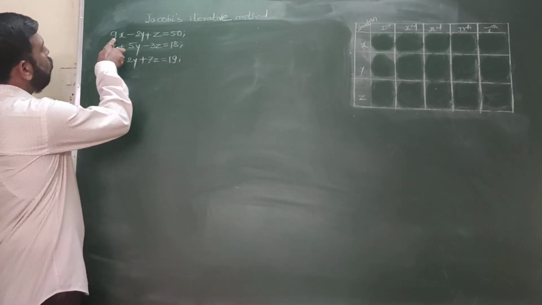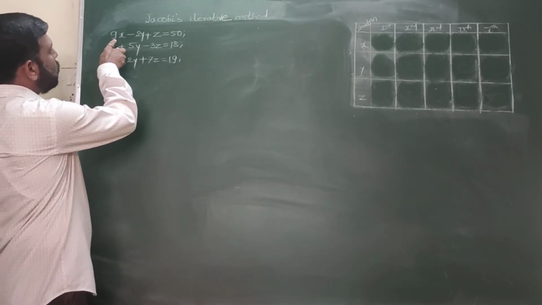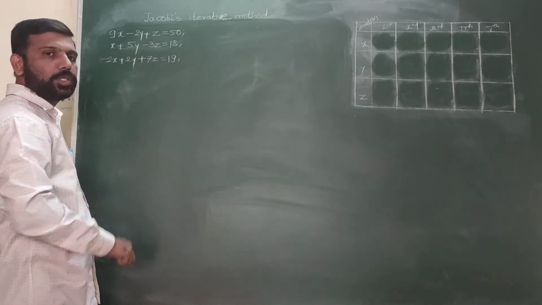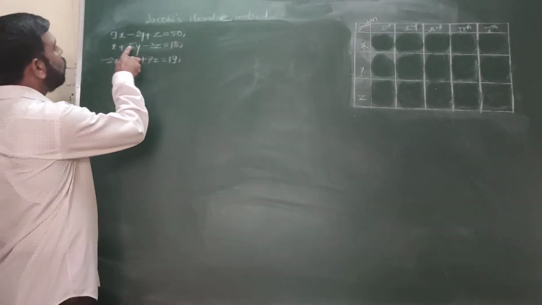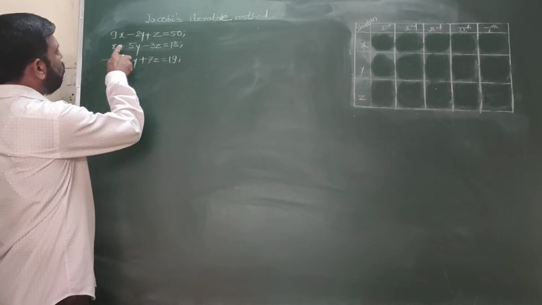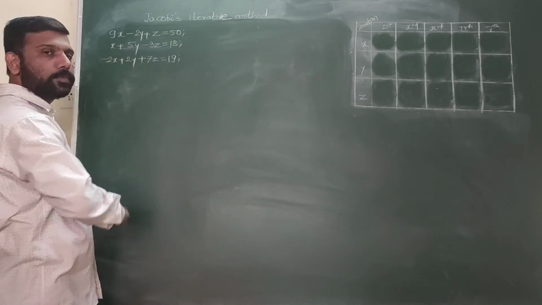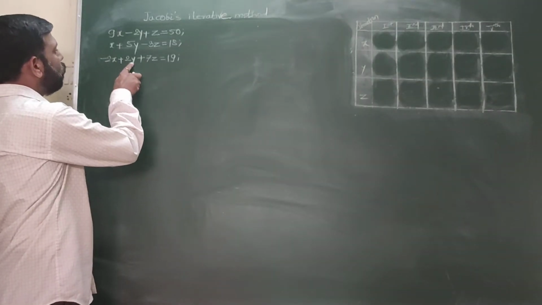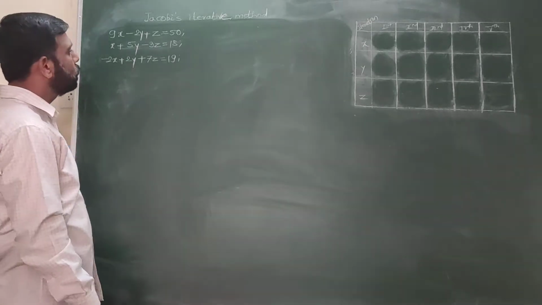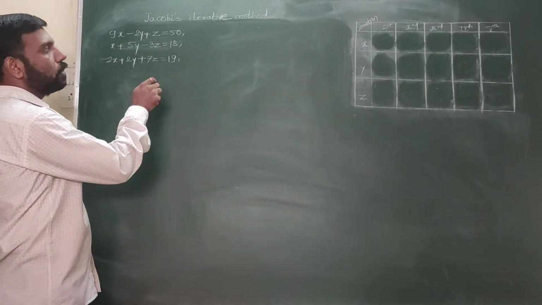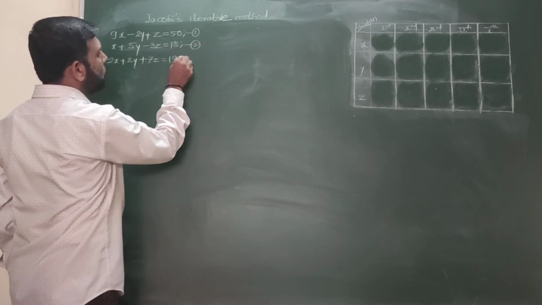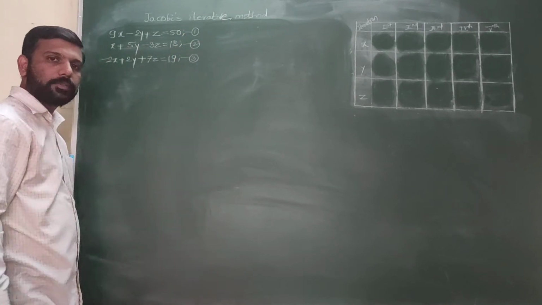Initially, the first coefficient a1 must be the largest compared to the other coefficients in that equation. The b2 value must be the largest compared to the other coefficients in that equation. The c3 value must be the largest in that equation compared with the other two coefficients. If that holds, then denote the equations first, second, third respectively.